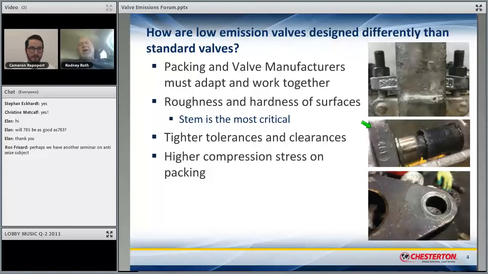First of all, a 1/4-inch packing that's going to seal below 100 parts per million is not going to expand radially more than about 20 thousandths. So you're not going to effectively seal. However, if you do put enough load on it, you probably wouldn't be able to move the stem, but then you would see the extrusion factors that we see where the gland actually went into the packing and created that extrusion. The third thing you see there is the nut embedment, and that could be due to a soft material, or that could just be due to how they actually machine the concave in there. That's an easy fix with flat hardened washers like we use on flanges.